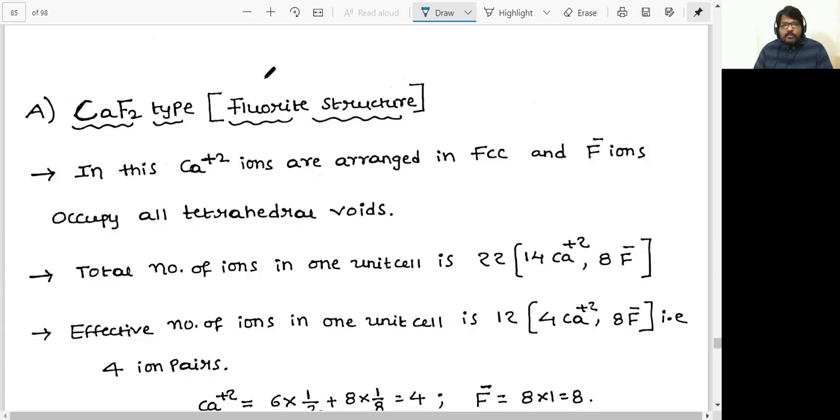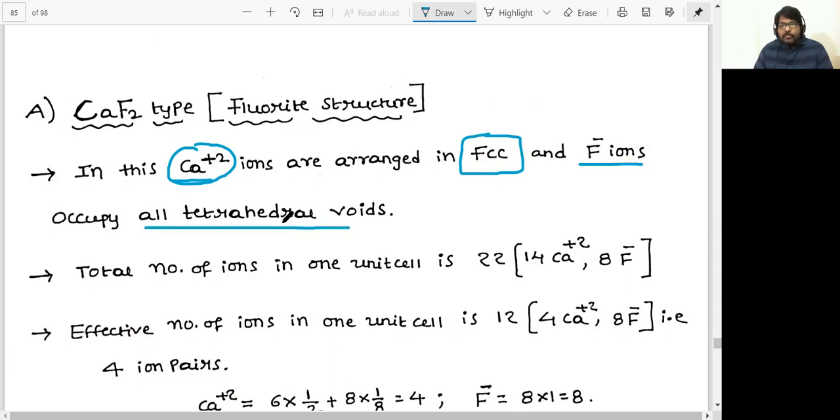So first thing is the fluorite structure. So fluorite structure, that is CaF2. But in case of this fluorite structure, if you carefully observe cation and anion, if you compare these two, anion is smaller in size. Cation is bigger and anion is smaller in size. And in this kind of solids, Ca plus 2 ions are going to form FCC lattice, and the fluoride ions occupy all tetrahedral